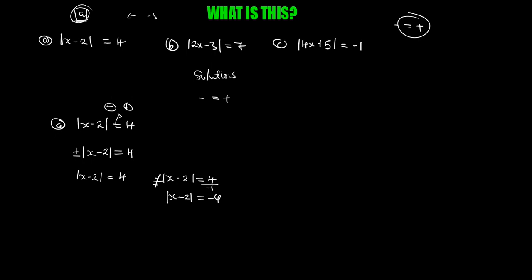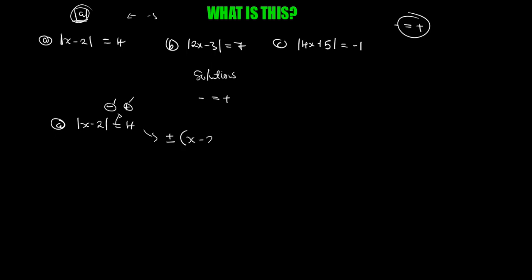Let me say I had forgotten one stage that you need to be very much aware of. Once you bring this positive or negative, you continue saying this. In fact, at this stage, once you bring the issue of positive or negative, you say it can be positive or negative of what you have there, in brackets, equal to 4. So after doing this you get the other one with a positive,